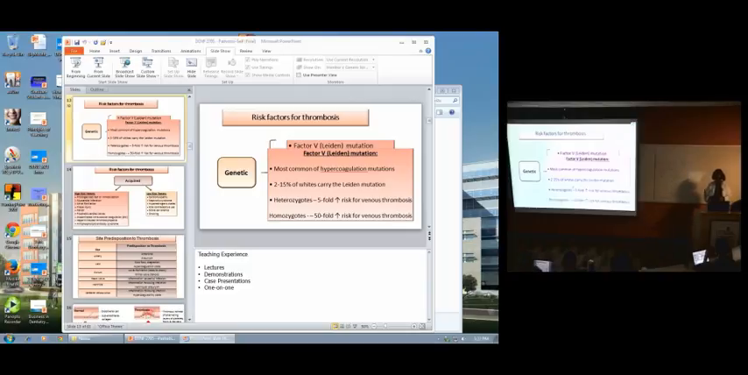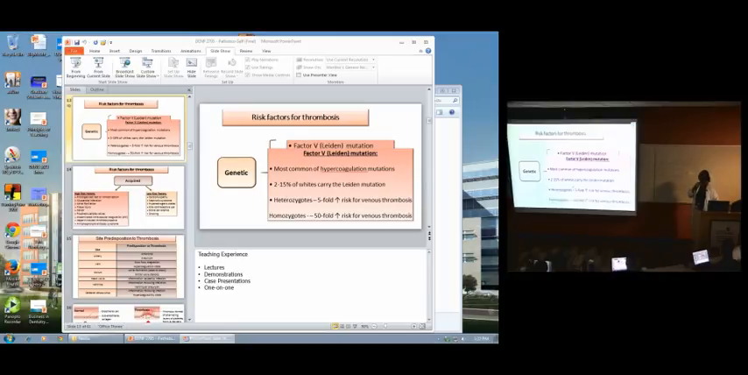Like I said, of all these ones, the one most important to remember is factor 5. Remember when I mentioned hypercoagulability, I said you have the genetic or acquired. So this is one of those hypercoagulability things. What happens with factor 5 is that the protein C, when it's activated, because factor 5 is involved in the coagulation pathway,